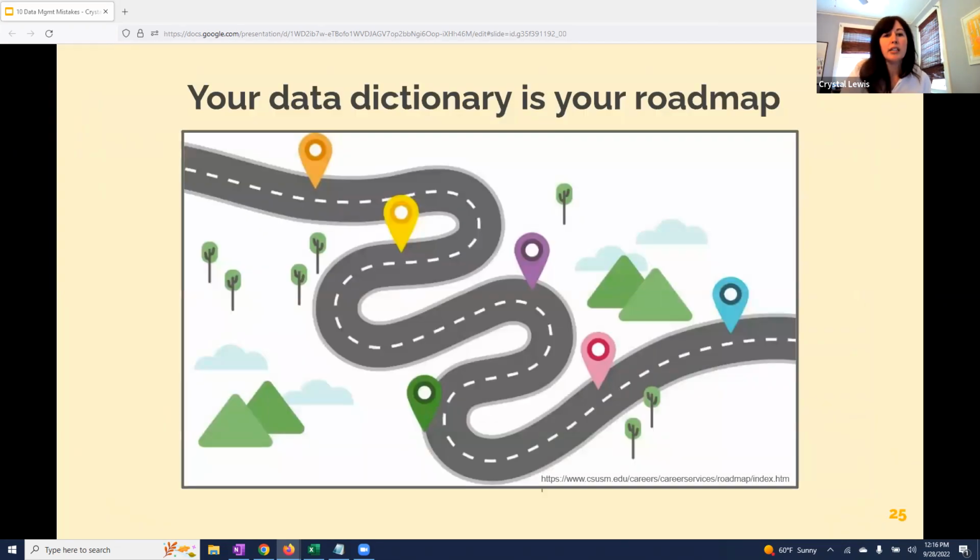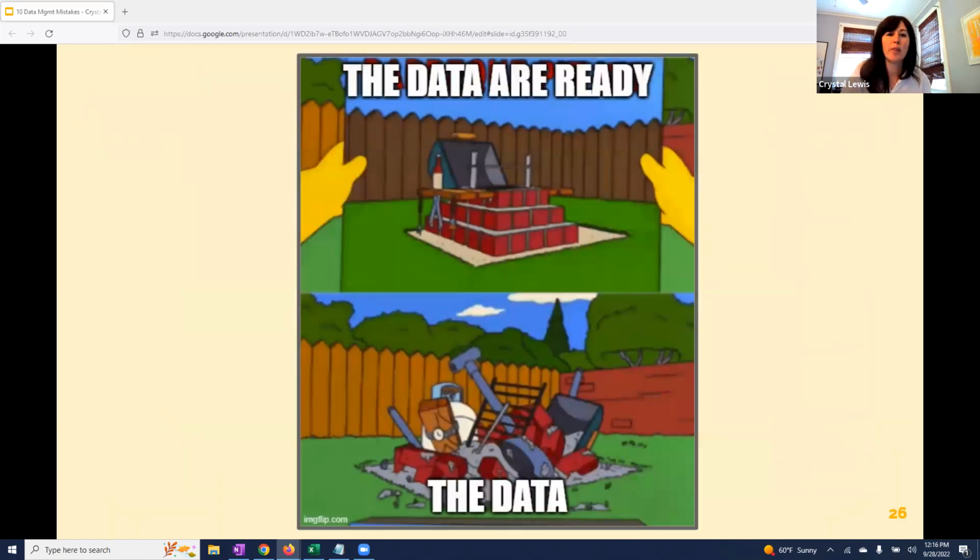Many people think of a data dictionary as something you create after you collect data, like a form of documentation you share with users in order to allow them to correctly interpret your data. But actually, it's best to create this before you ever collect data, and then use it as a roadmap as you design your data collection tools and clean your data in order to ultimately get to where you want to go. And if we don't have a roadmap for where we're going with our data, that is how we end up in situations like this. I have a feeling we have all been here, either with our own data or with someone else's data.